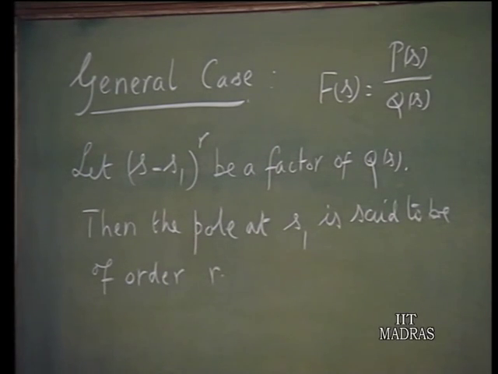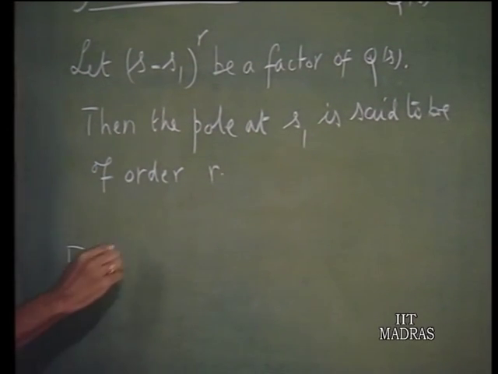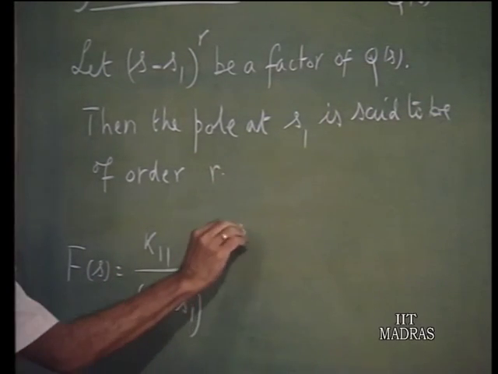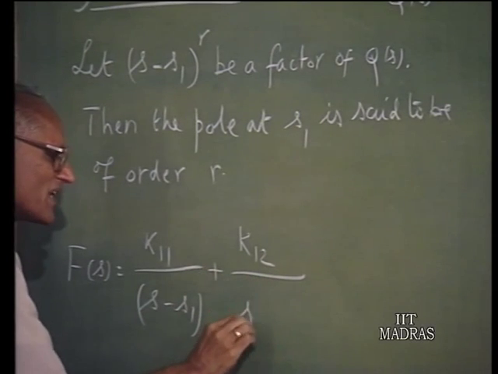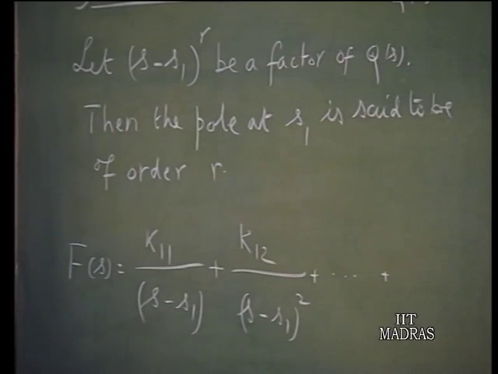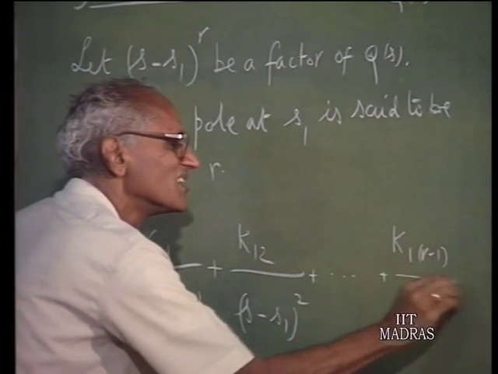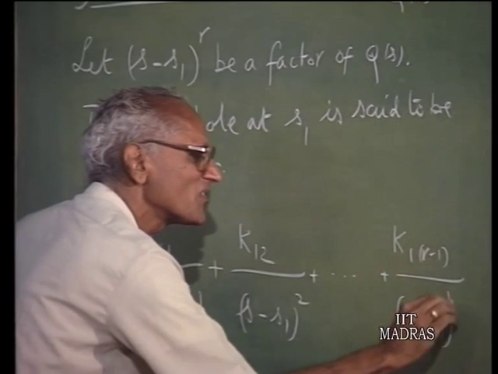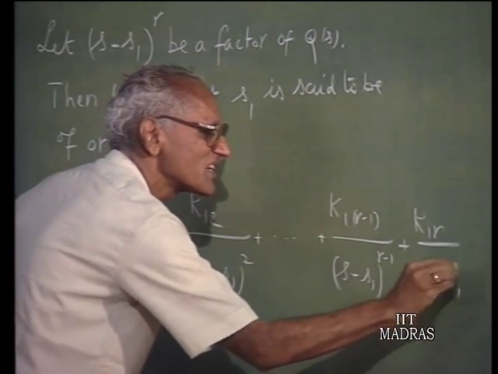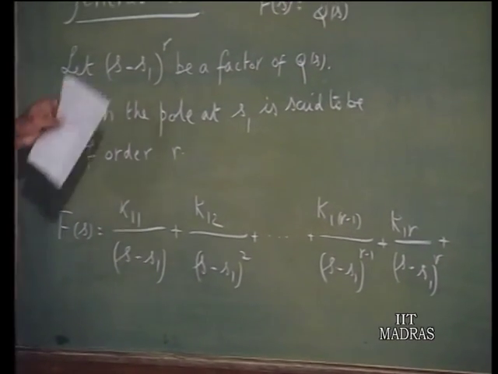Then the partial fraction expansion of F(s) will have the form, corresponding to the pole at s equals s1. We can write this as k11 over (s minus s1) plus k12 over (s minus s1) whole squared. So, the denominator will have expanding powers of (s minus s1), and finally you have k1(r minus 1) over (s minus s1) raised to the power of (r minus 1) plus k1r over (s minus s1) raised to the power of r,